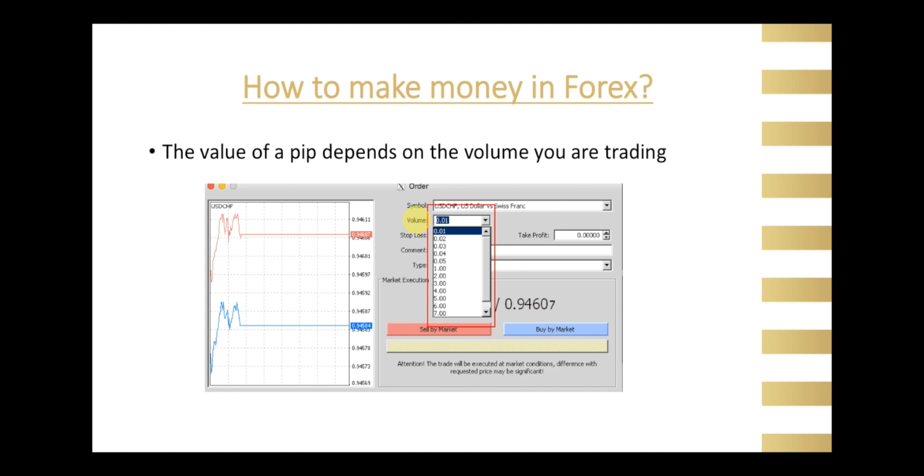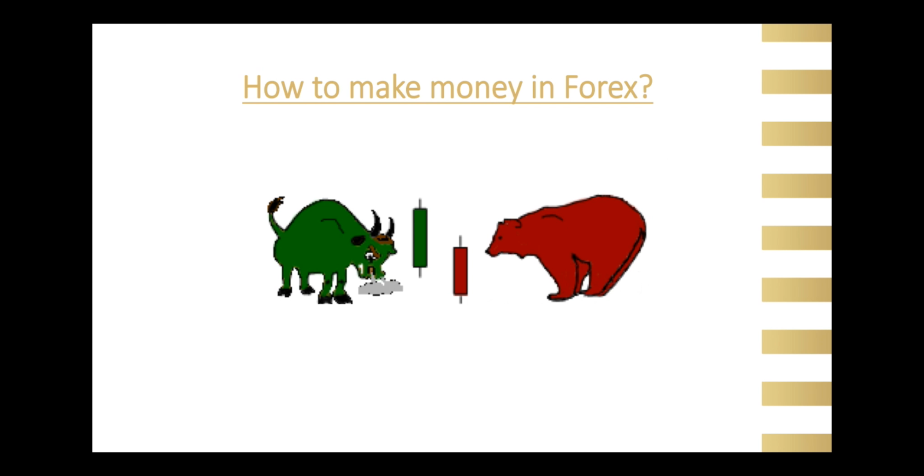So the value which a pip represents depends on the volume at which you trade. Now if you trade a very small volume, like 0.01, you're trading about 10 cents per pip. So if you move by 1 pip, that's about 20 cents. But it's a bit more than that, because within 50 pips at 0.1 you can make over 100 rand. So it depends on the volume in which you trade, how much each pip will represent. So obviously when you start, you want to start at a very reasonable small amount to reduce your risk and